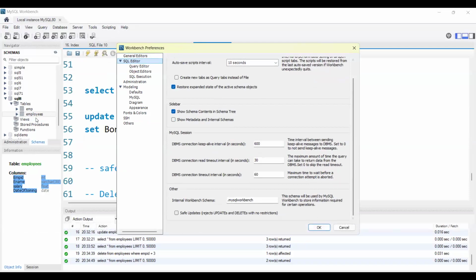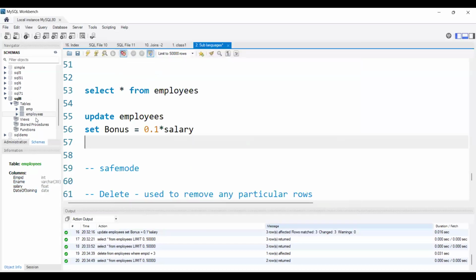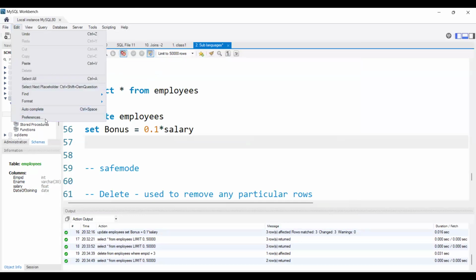By default this option will be checked and turned on. And if this is turned on, we can't use the update command and delete command, even if we are including a where clause. Okay, so let me turn it on once and click on OK. Whenever you see that kind of error, just go to Edit, Preferences, SQL